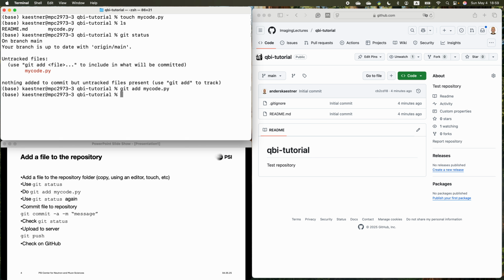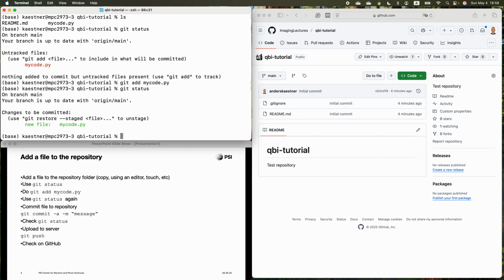And if we now type git status, then you see that from untracked file, mycode has changed to new file. So we are one step on the way. Still, if we would try to send something back to the server, nothing would happen. What we need to do is also tag it as a change, and that we do by using the